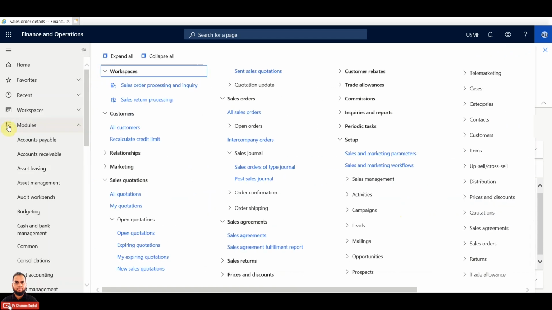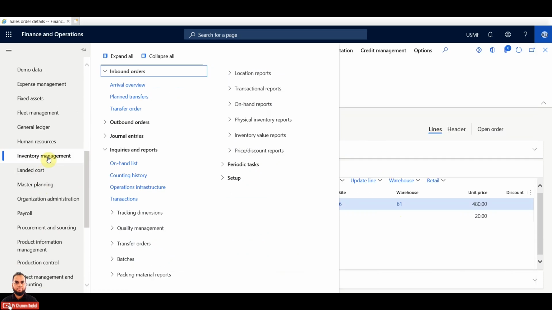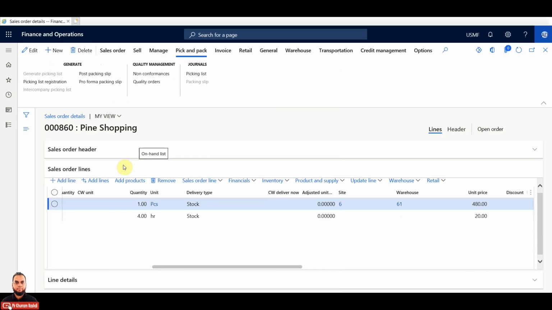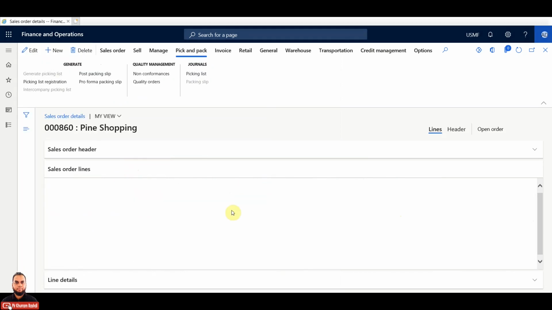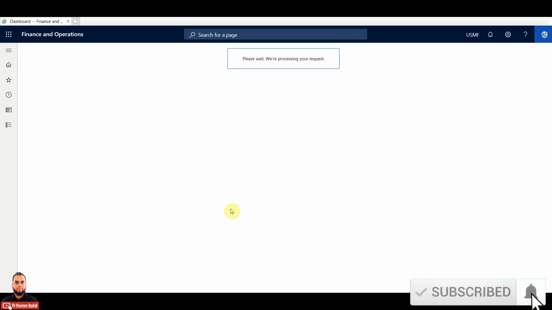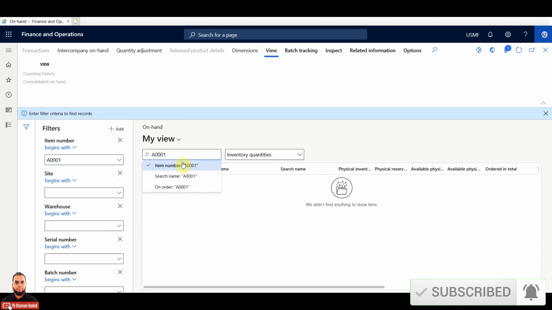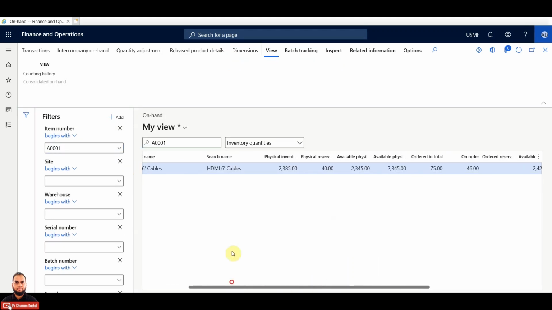So we'll go to the inventory module, where the on hand list page is available, where we can check in which warehouse this item is available. Just select this item, and we can also select the dimension, which is warehouse,